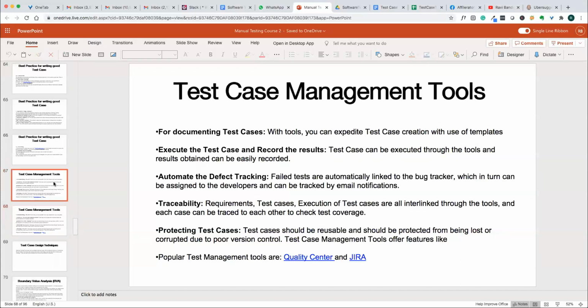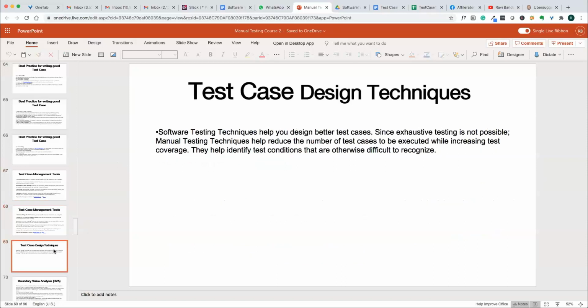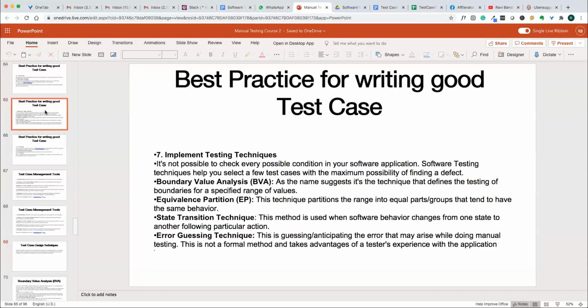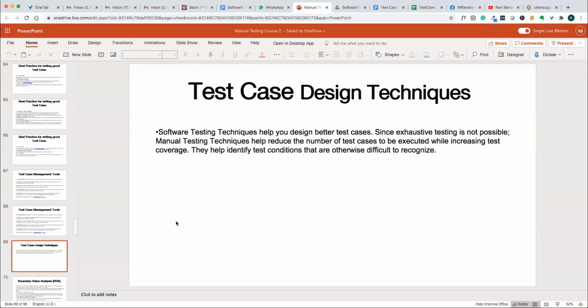Okay, I think this is the same slide. So this is test case design techniques, right? I explained these techniques, right? Boundary value condition and all that. We can discuss that in test case design techniques,